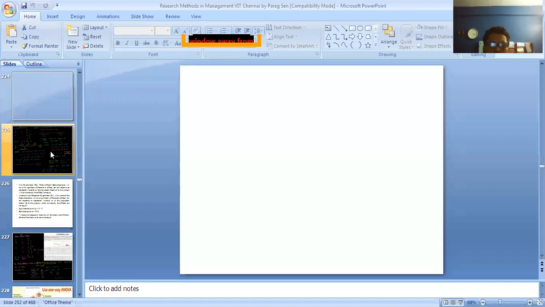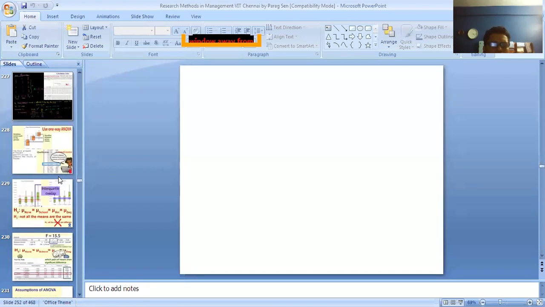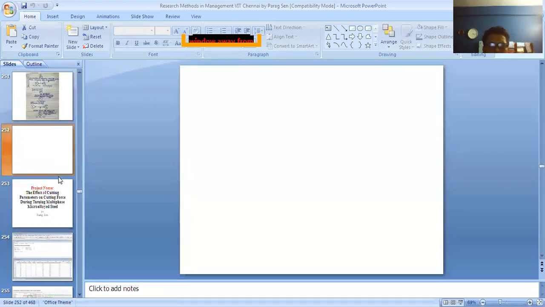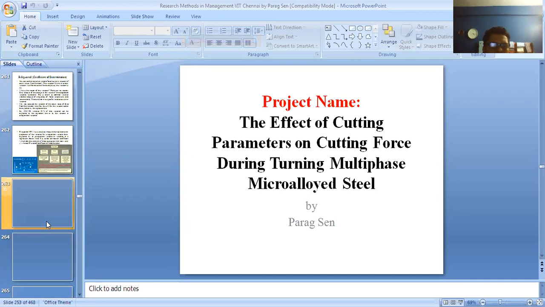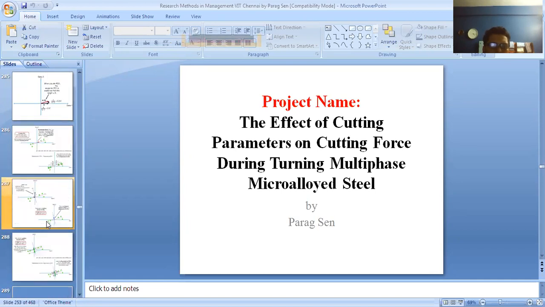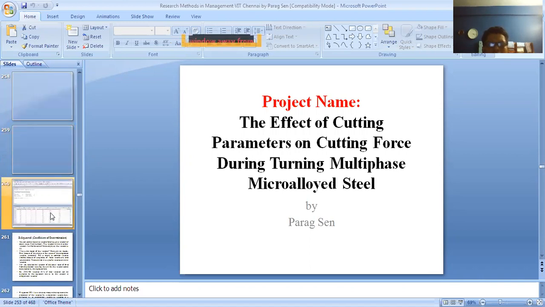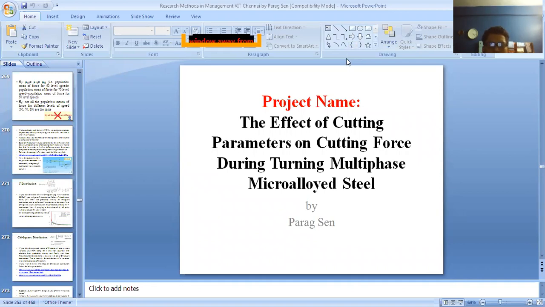If possible, I will take hardly one or two more classes to help you understand more about ANOVA, because ANOVA is very important for you. This project I can discuss with all of you. It will take two or three classes maximum, and